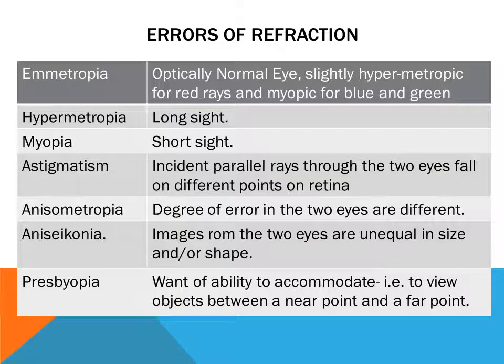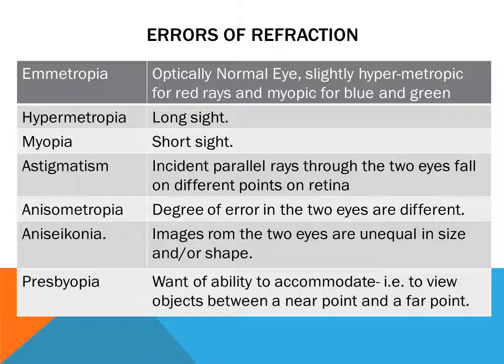Errors of refraction. Hypermetropia: optically normal eye is slightly hypermetropic for red rays and myopic for blue and green. Hypermetropia is known as long sight. Myopia is known as short sight. Astigmatism